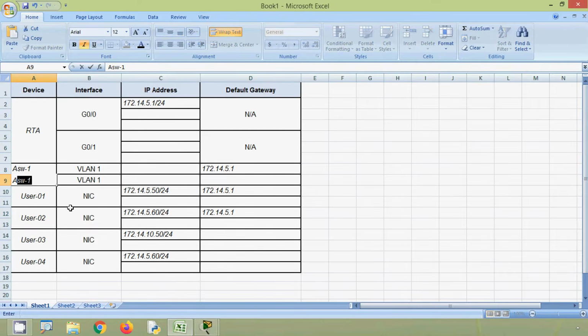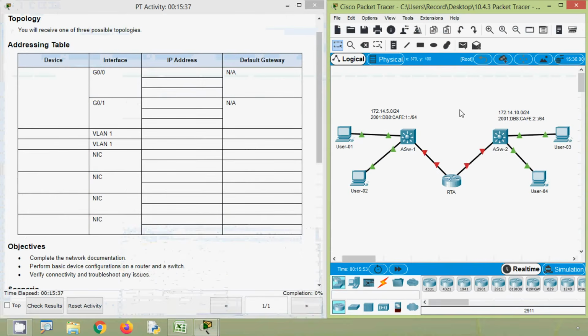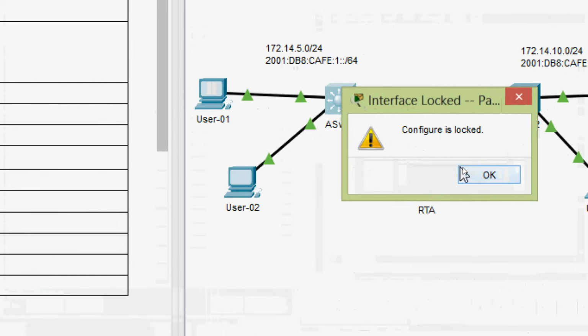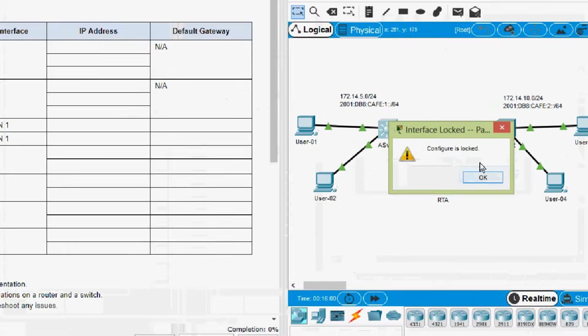And this is ASW-2. Now we will try to go to this ASW-1 switch, but here we can see this configure is locked. Okay,